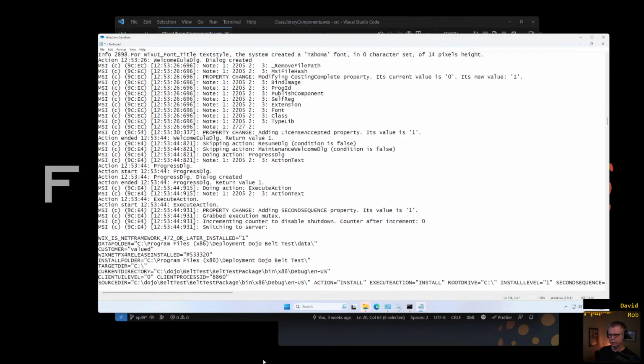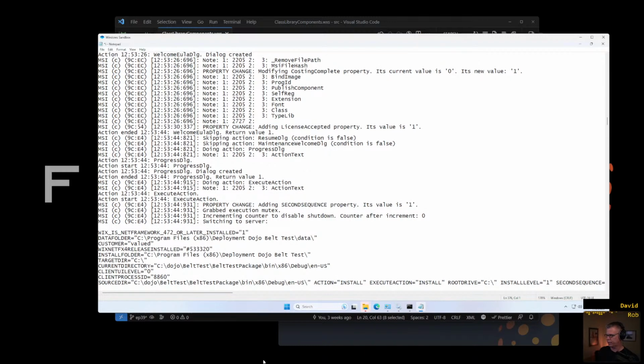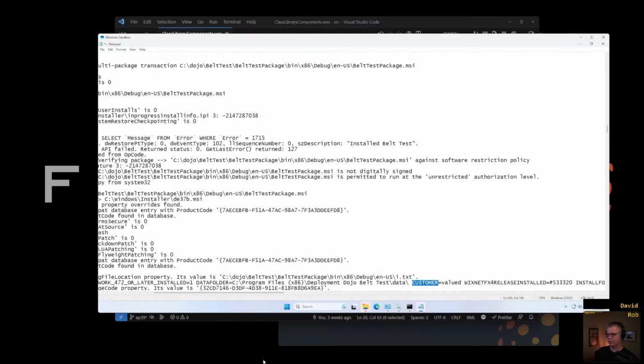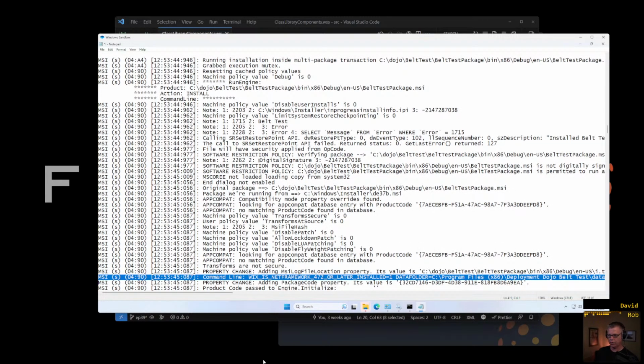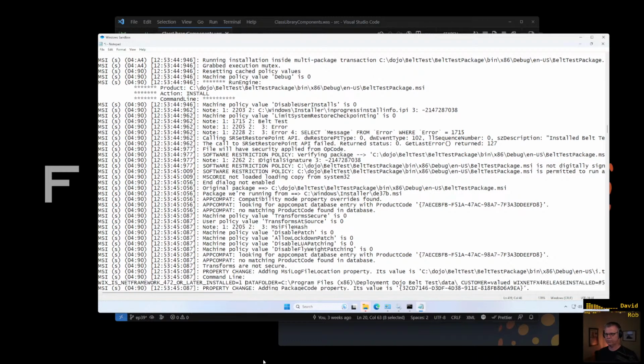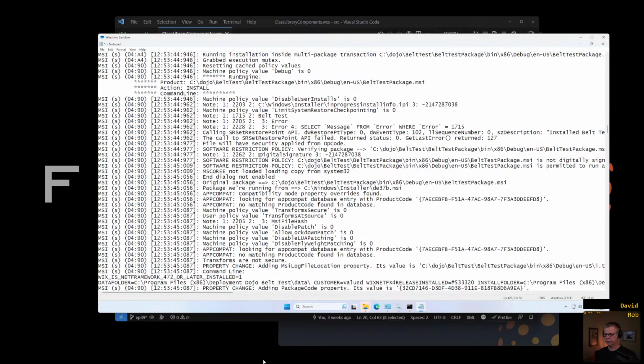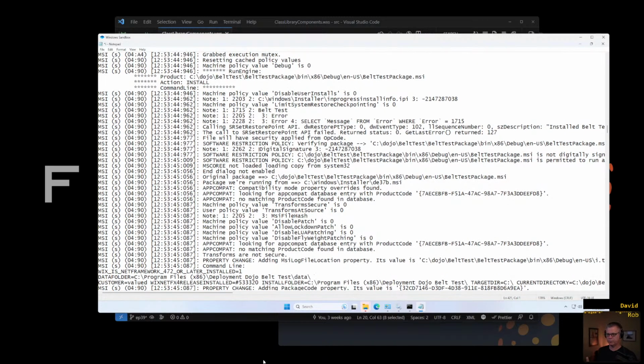All right, we're now at the Windows Installer properties. I'm not going to worry about them. Nope, nothing unusual. And we can see there's customer right there on the secure being switching to server, and it's saying customer valued. And there's customer valued on the server side, saying, hey, these were passed to us on the command line from the client side. These are the properties that we got: WiX is framework, data folder, and customer.